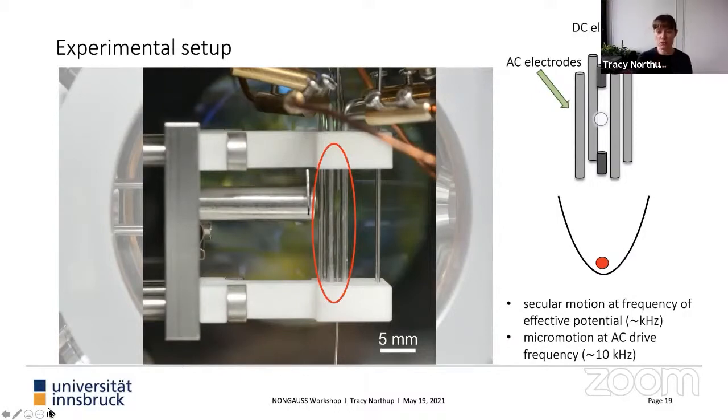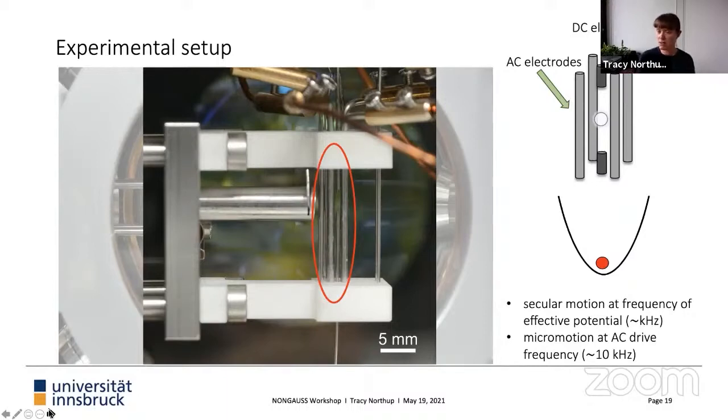But here we're driving them at lower frequencies, something like, say, tens of kilohertz, due to the different charge to mass ratio when you're talking about nanoparticles versus ions. So in order to have stable trapping of these nanoparticles, we drive at lower frequencies than you would for trapped ions. So there's an AC drive frequency. There's also DC electrodes above and below, and those provide confinement in a third direction. So the AC electrodes provide a two-dimensional pseudopotential. The DC electrodes of this Paul trap provide a third dimension of confinement.